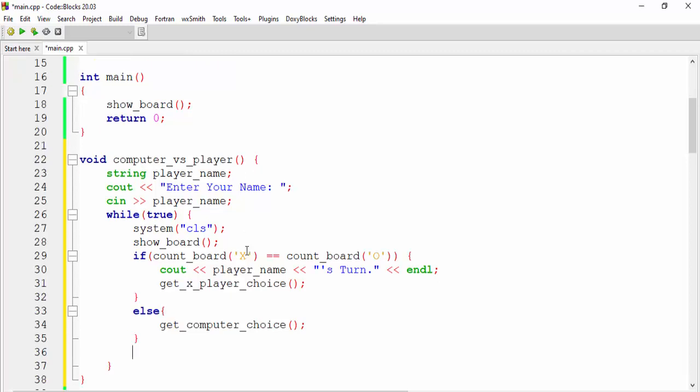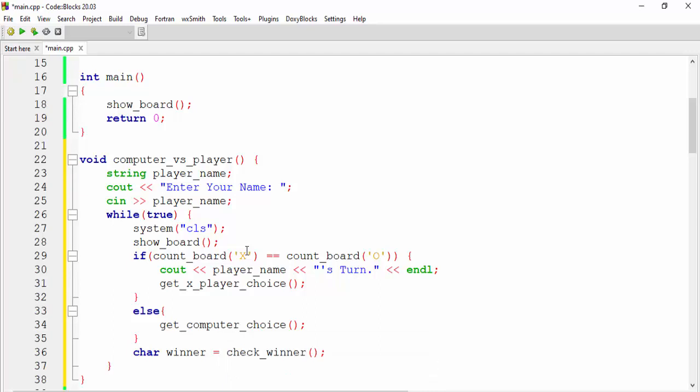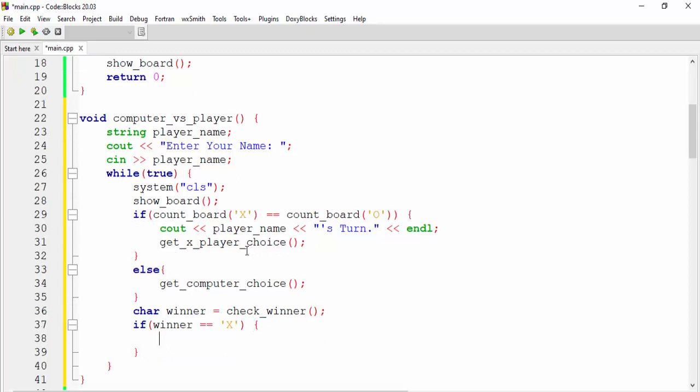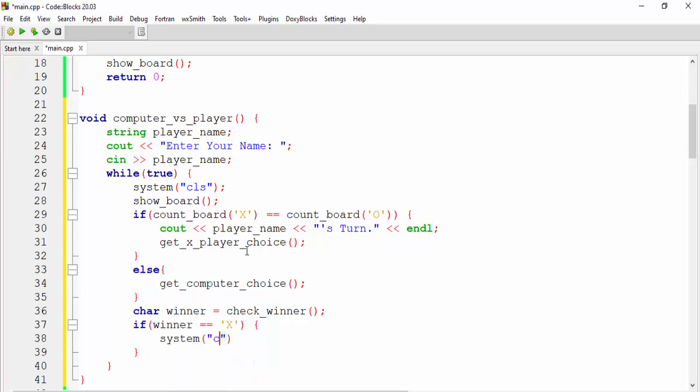We will come down and create a character variable, and name it winner, and we will call our check winner function. Whatever check winner returns will be stored in our winner variable. Now I will say if winner equals x, then it will go down and say system CLS.